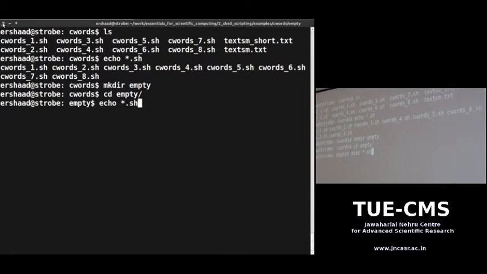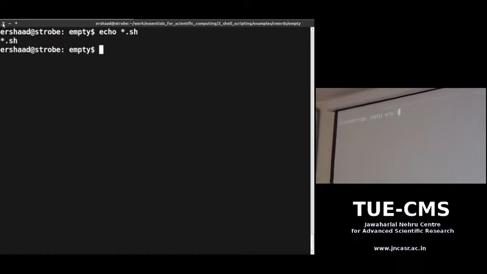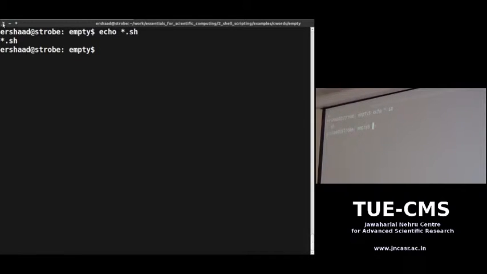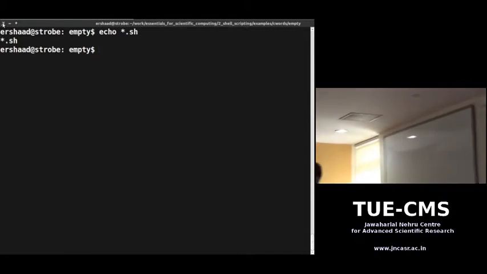There's no file in this directory which ends with .sh. This directory is empty. So if I do echo star.sh, it's going to be passed as a literal to the echo command. Earlier, the shell expanded star.sh into all the files which ended with sh and passed them to echo. So the effective command was echo and every file name ending with sh. But suppose the shell did not find any file ending with .sh, it passes the star as it is.